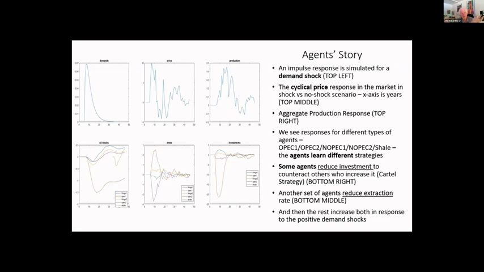So we're not throwing in Iraq and Iran and Saudi in the OPEC mix, which obviously would be going on there, or Russia, which is sitting outside. We're just trying to say, let's look at this behavior. What do the agents do? And guess what? We can see why there's boom and bust in the market, why there's volatility in the oil prices, and we can see the different responses. That's what we're trying to do.